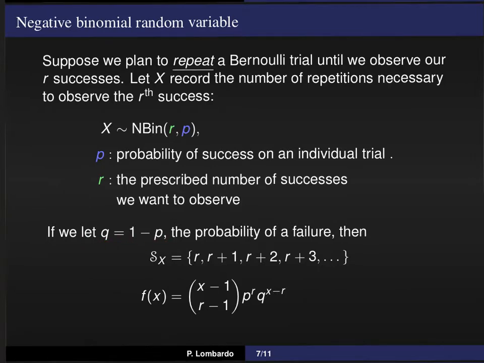So again, p is the probability of success, q is going to be our probability of failure, and if we think about what the space of this negative binomial random variable will be, in order to observe r successes, we have to have at least r rounds. So we're going to start in round r, and then it could go forward as r plus 1, r plus 2, r plus 3, etc. Here's our PMF, and I want to explain this just a little bit. The first thing that I want to point out here is that if we end in round x,